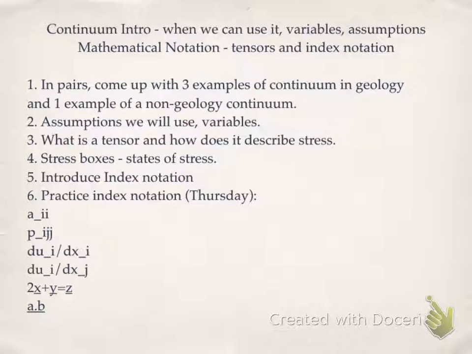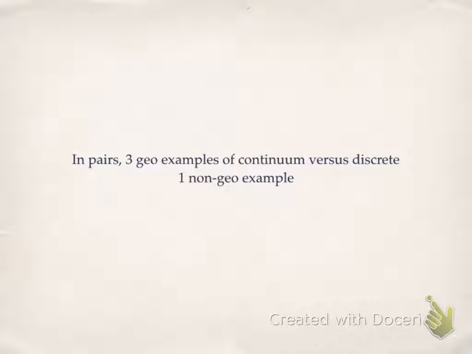So I think what I'd like to do is give you guys, or we can just do it as a group, but come up with some examples where we might think of something as a continuum from one perspective, but then in a different time frame, a different spatial frame, a different type of question, we might see it from a different perspective. The other one that I do put in the notes